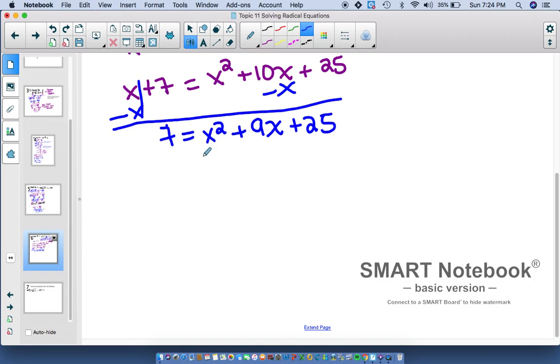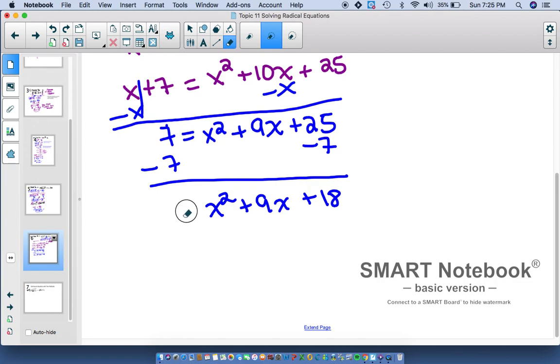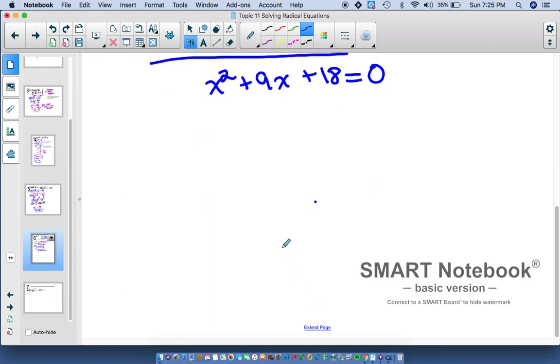And then subtract 7 from both sides. So 0 equals x squared plus 9x plus 18. Okay, now I don't like my equals 0 being on the left, so I'm gonna erase that and just move that to the right. Okay, here's my quadratic. Everything is on the same side, so in order to solve for x, I gotta